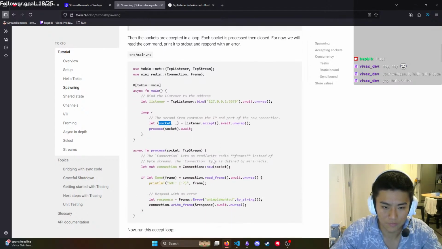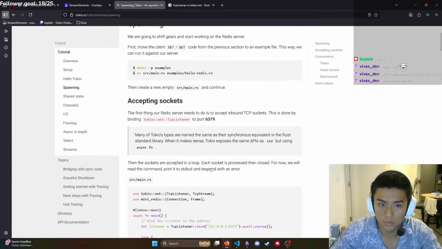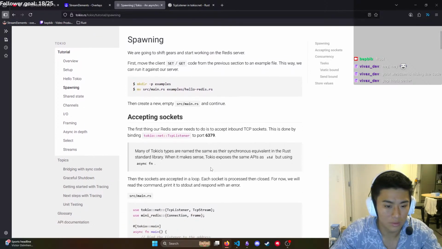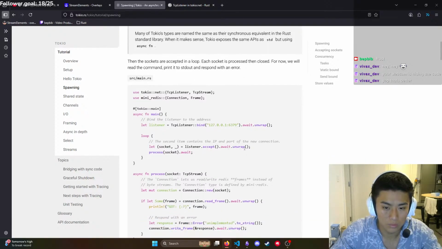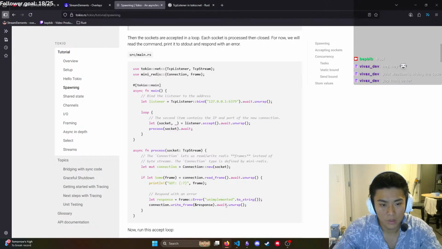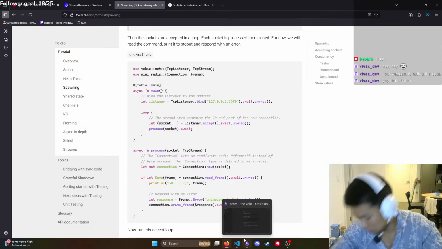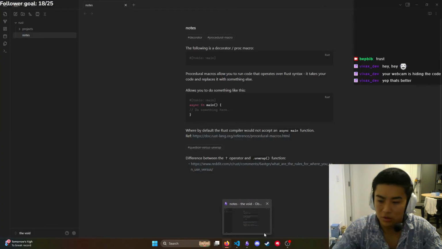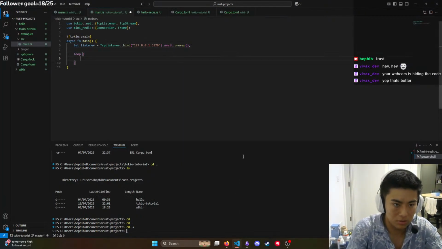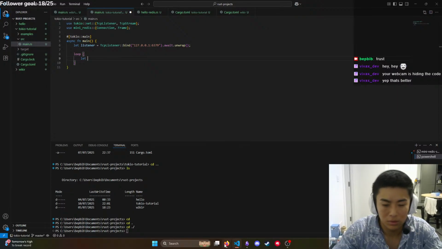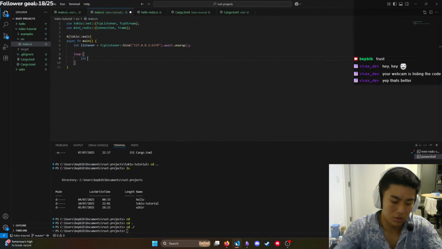An IP and port. Anyway, oopsie. I will just write this down, and then what are we calling this? Socket